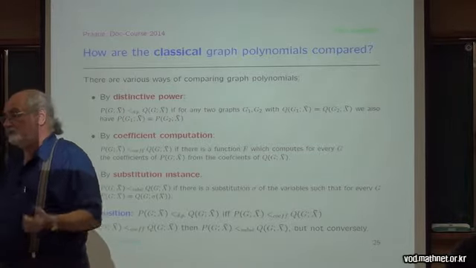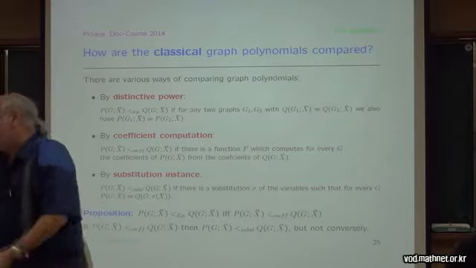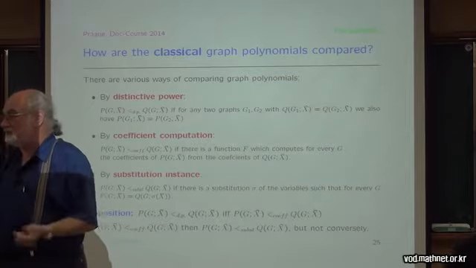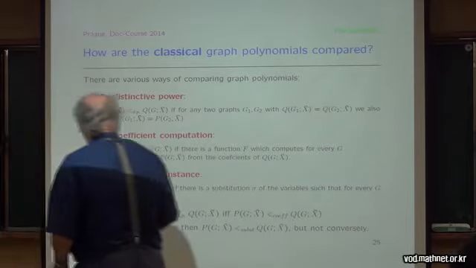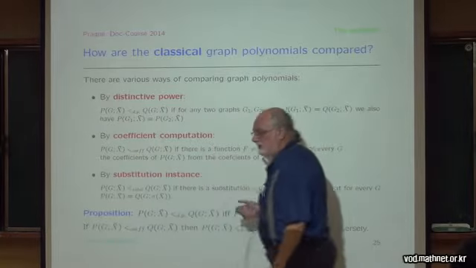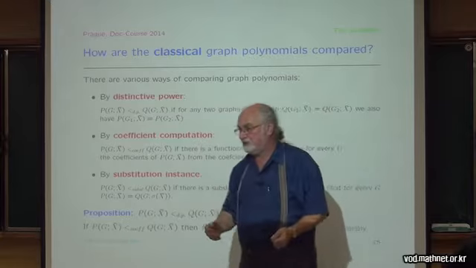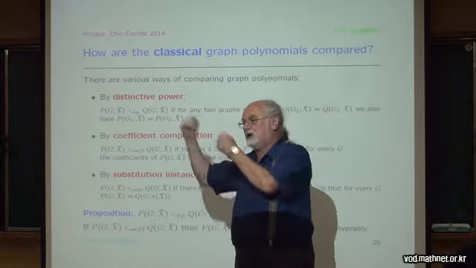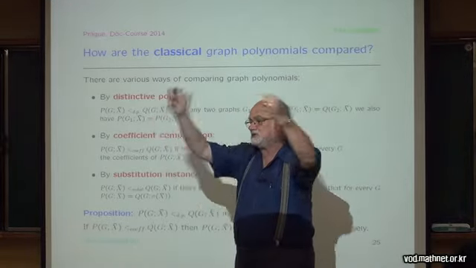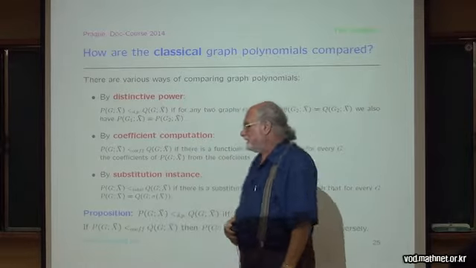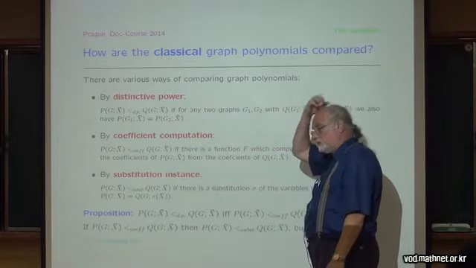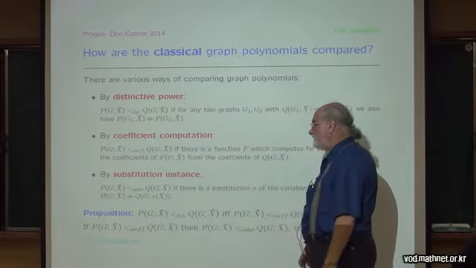Well, easy in quotes. You say for every graph, but this is too much. You don't want for every graph. So people looked at an argument without looking at this. They looked at the argument. They wrote a paper where they wanted to show that, hurrah, my graph polynomial really is the most general among all those. And what they actually used as an argument to make precise what they mean, they said,